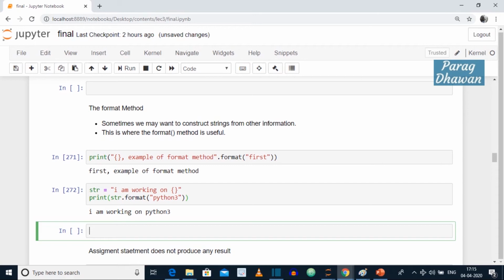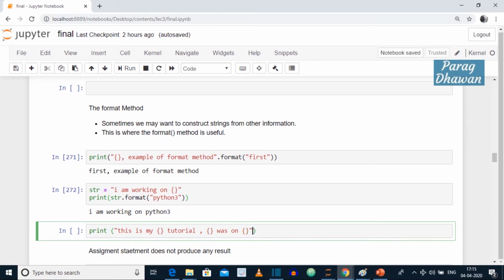For example, print in double quotes, this is my format specifier tutorial, comma, format specifier was on, again format specifier.